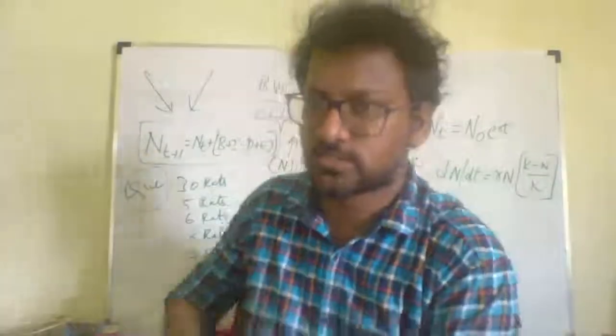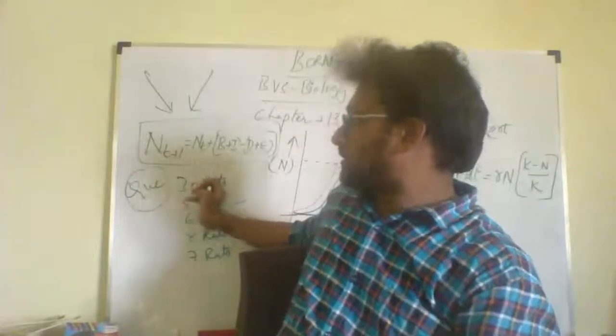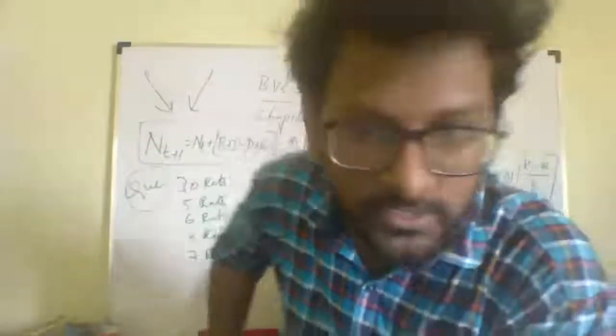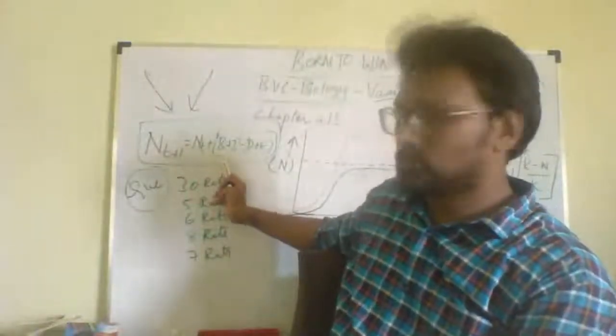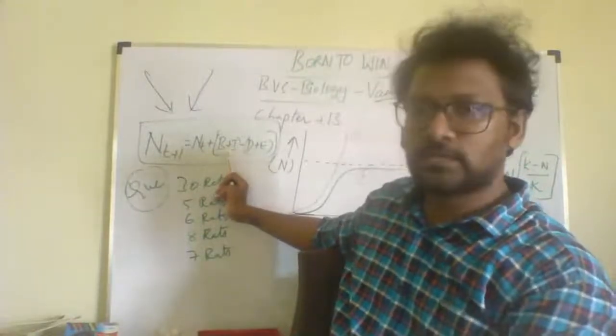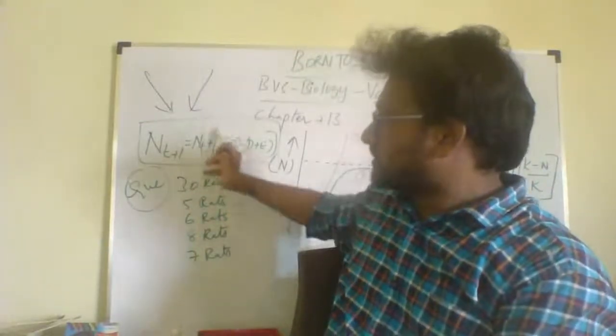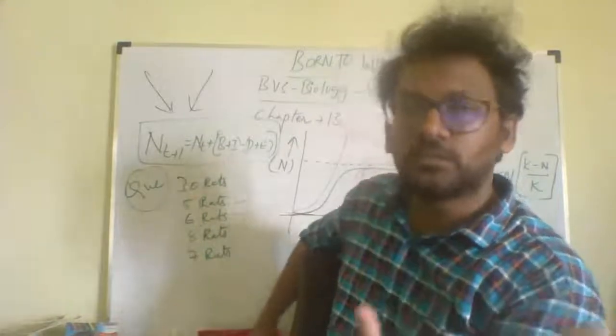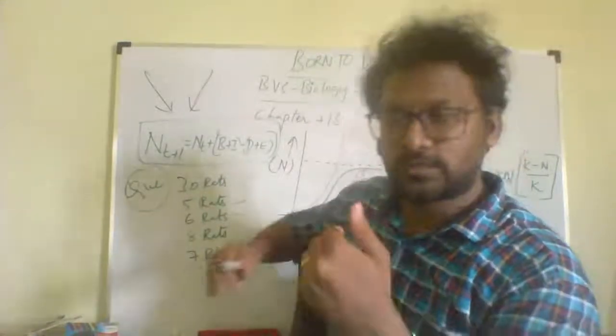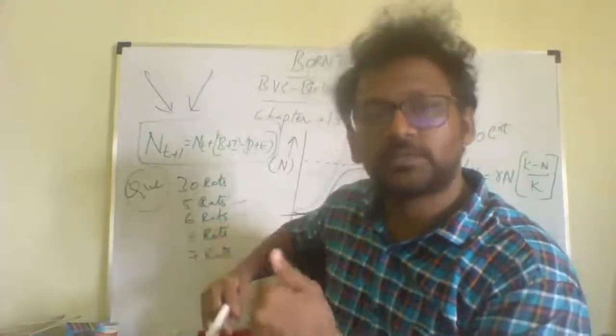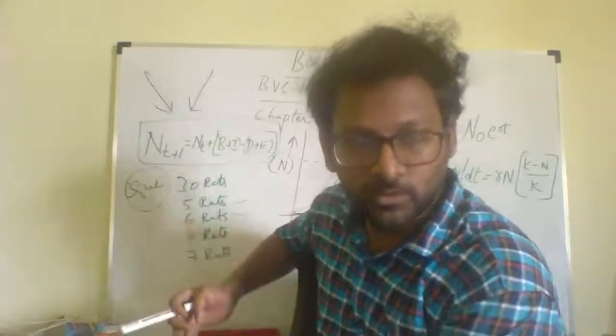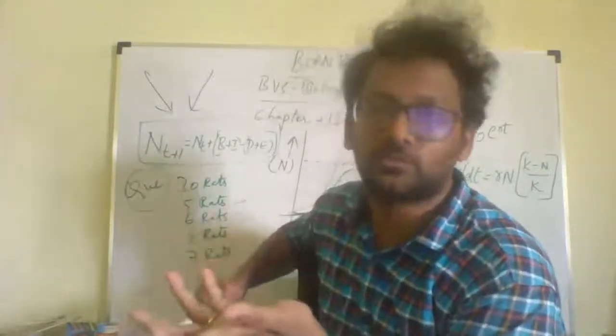When we talk about this, with respect to change in time, we can get this sense. So here B, we are talking about natality and immigration. These two would actually positively affect the population. So when there is a birth rate, and when there is an immigration, someone is coming to that population, obviously the number density would increase.